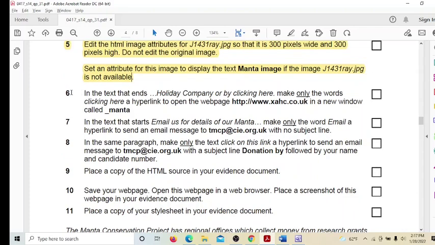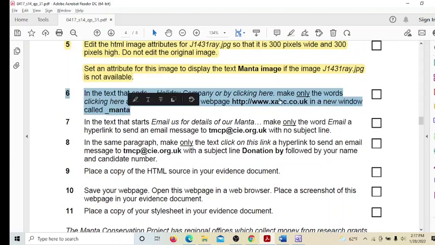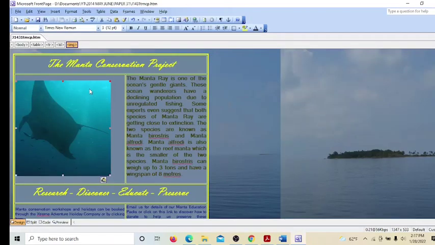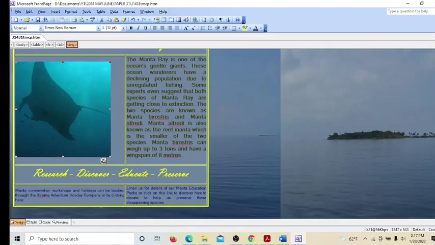In the text that ends "holiday company or by clicking here", make only the words "click here" a hyperlink to open the web page in a new window called Manta. Okay, we have to find where the text is. Here, holiday company or by clicking here. This is the one where my cursor is. So right click,